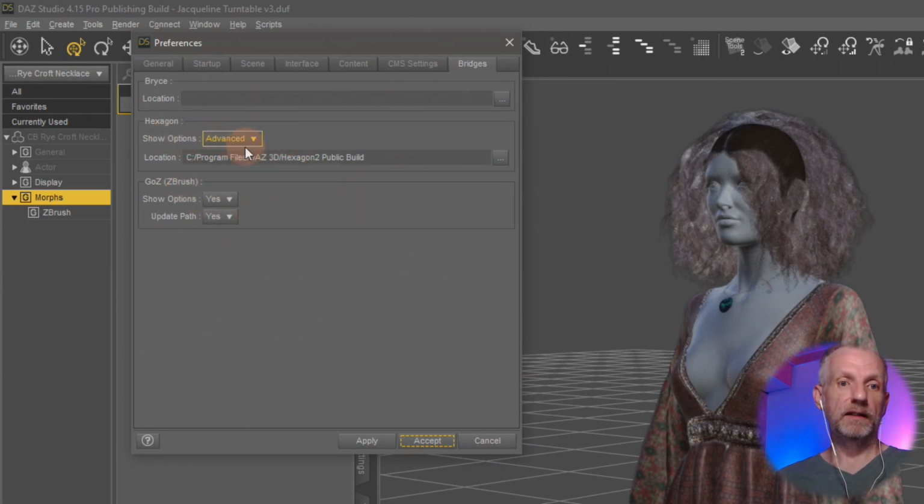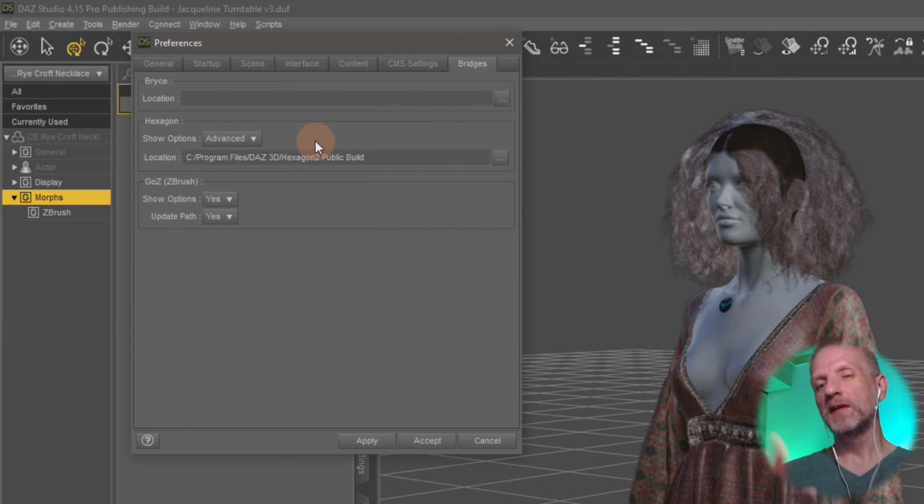So for Hexagon, you have Advanced or Basic. If you let it show the advanced options, that's when you get this dialog that shows you, do you want to use reverse deformations, yes or no. If you set this to basic, I don't think that dialog comes up, and it will decide whether there were deformations or not. So, in case you don't see this dialog, click it to advanced. Then also use the path